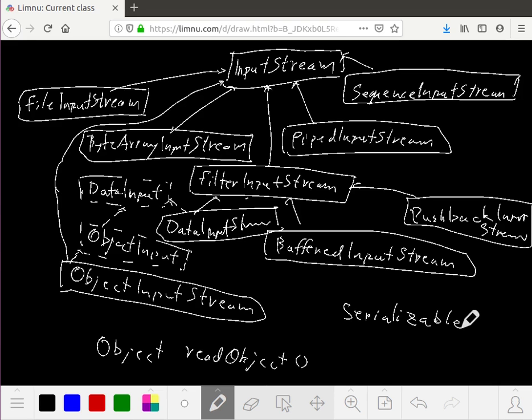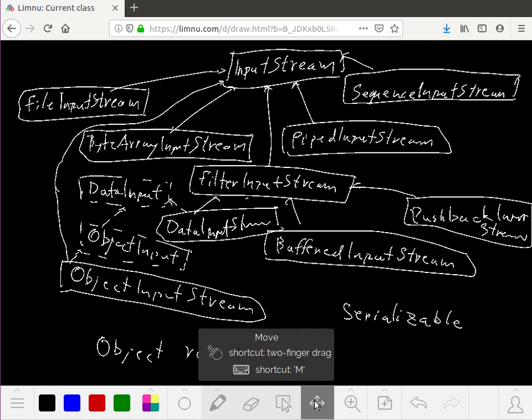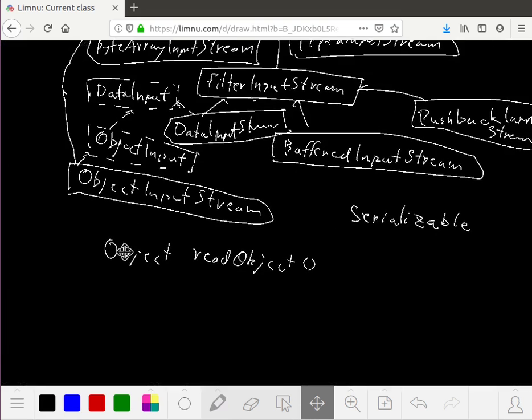We'll be talking about the object streams, but maybe buffered streams we may have a look at first. There's the additional thing we have to look at. One is the sequence input stream. There's a pushback input stream. These two plus this. Buffered will also be seen, right? So we'll have a look at those things. Now coming to the